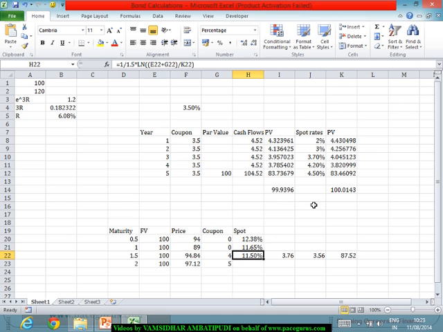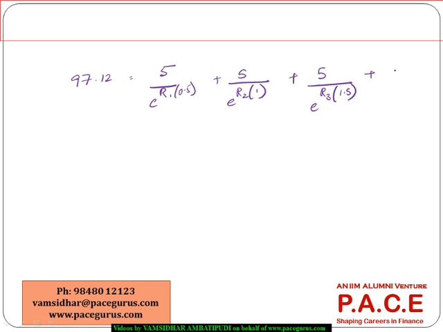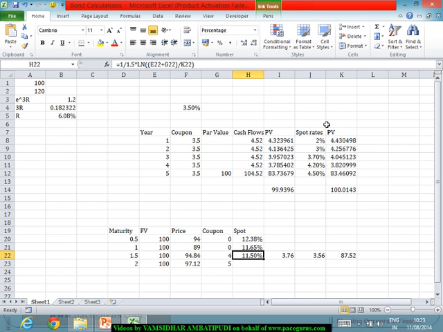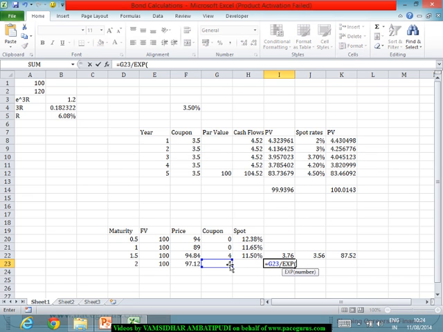Now the same logic I can take for the 2-year one. Now I hope you are comfortable in solving this. 97.12 is equal to 5 by e power r1 into 0.5 plus 5 divided by e power r2 into 1 plus 5 divided by e power r3 into 1.5 plus 105 divided by e power r4 into 2. So these three values are already known now. So if I am trying to compute 5 divided by e to the power of r1 into 0.5,